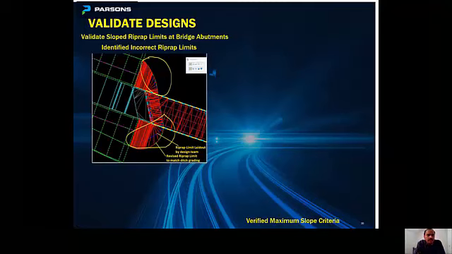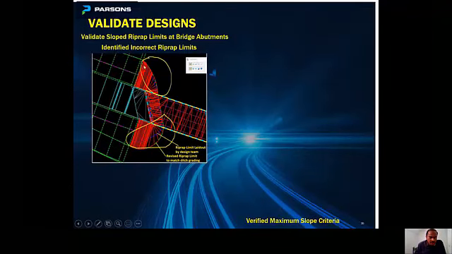Using the 3D model and the 3D modeling tools, we can optimize and validate the sloped concrete riprap limits around the bridge abutments. As you can see in this picture, the dark circle here was the layout designed for the riprap limits by the designer.